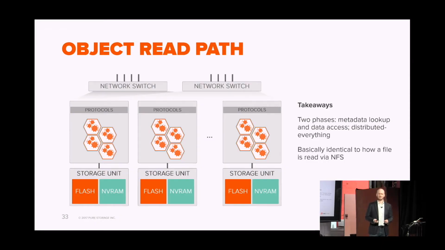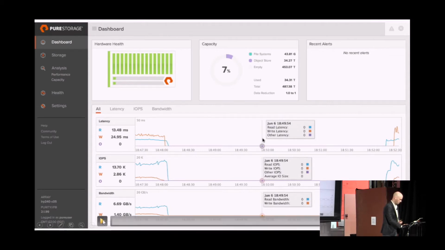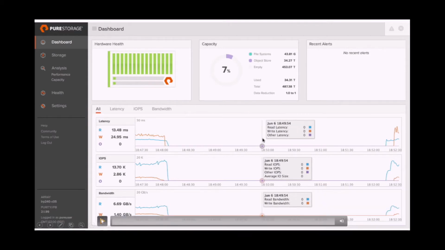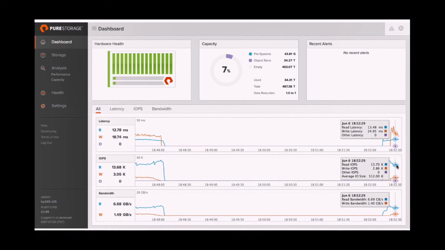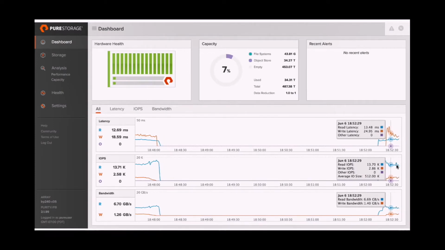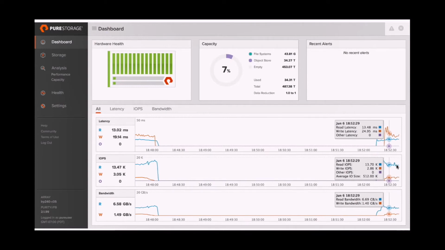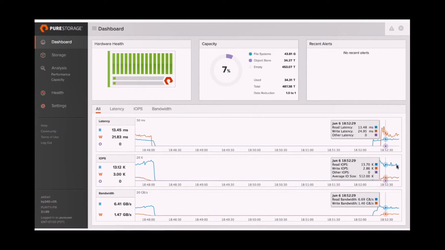All right. So that's kind of the basic idea of how it works. Let's take a quick look at where we are. We're in advanced beta right now with this. So we've got a quick video showing a synthetic workload hitting about 6.5 gigabytes a second read and 1.5 gigabytes a second write. We were constrained to one of these old single chassis systems, so we don't have quite the eye-popping numbers